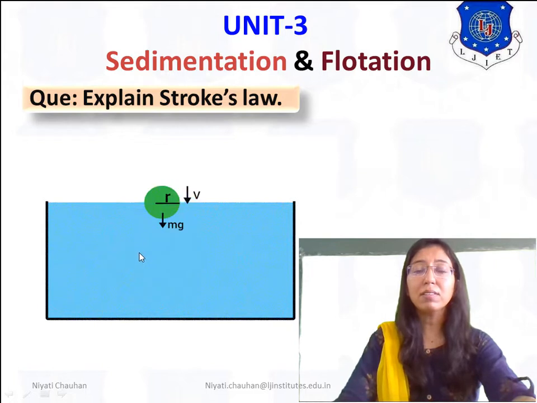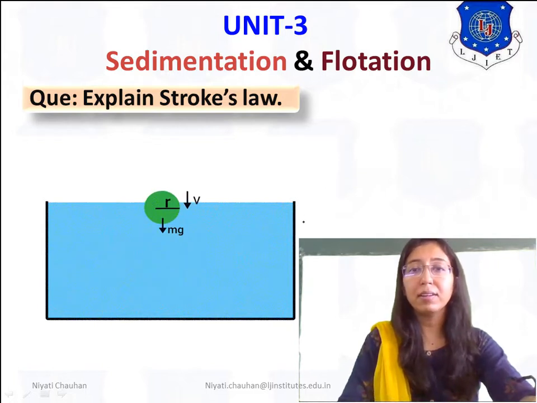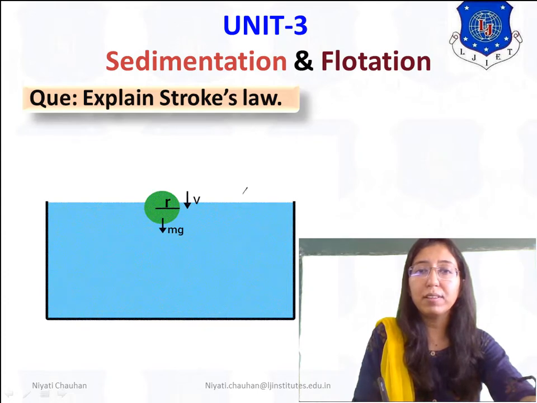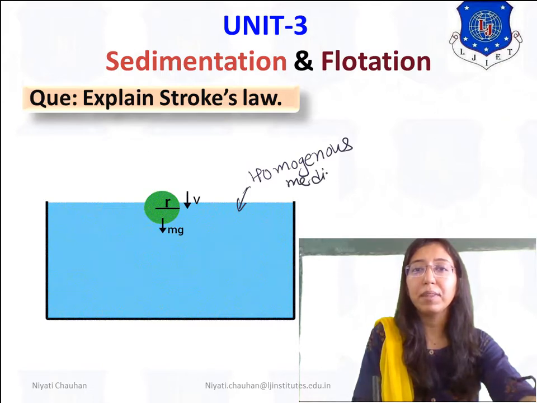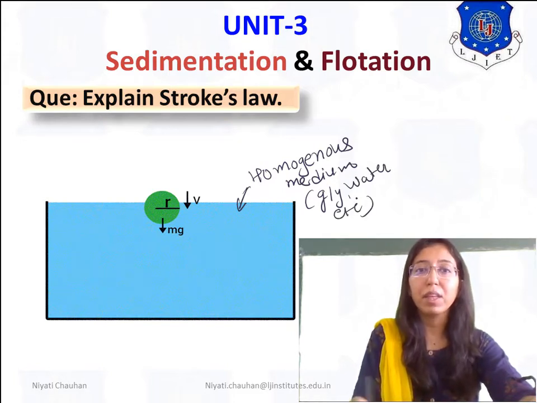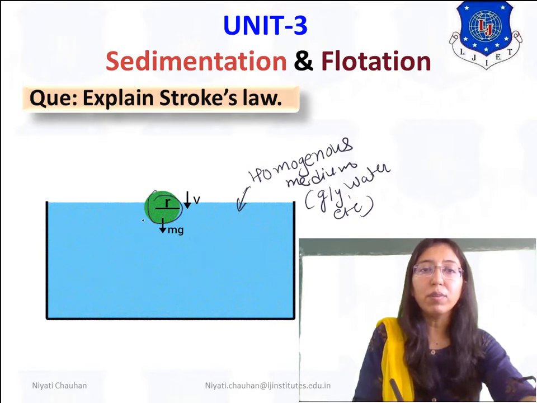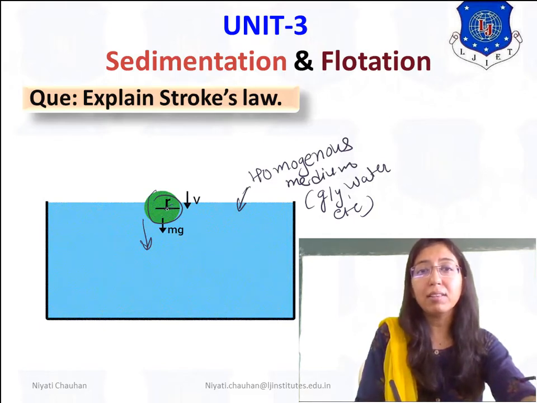Let's discuss. Here you can see in this diagram, this is a homogeneous medium. We can take glycerin, water, etc. as a homogeneous medium. Here a particle moves inside a fluid, and the radius of the particle is r and velocity is v. And in this particle there is a